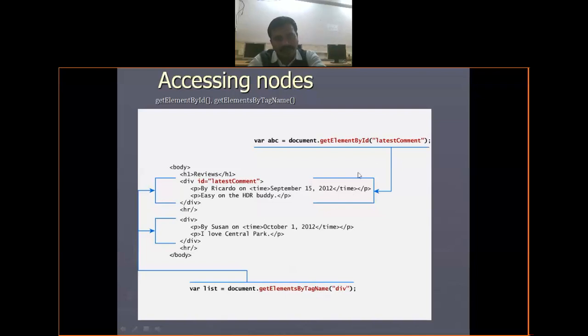So how can we write it? document.getElementById. So let us comment; I have to use it with the help of this, and that is all about this div tag. It is document.getElementsByTagName, that is the div tag. So this is accessing a node. When I access my ID, I access my tag name, so I have to use it with the DOM tag.